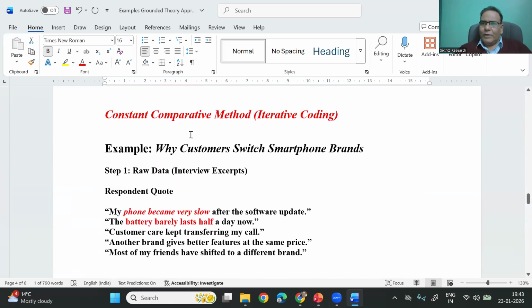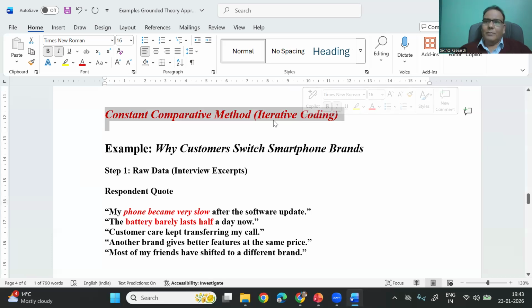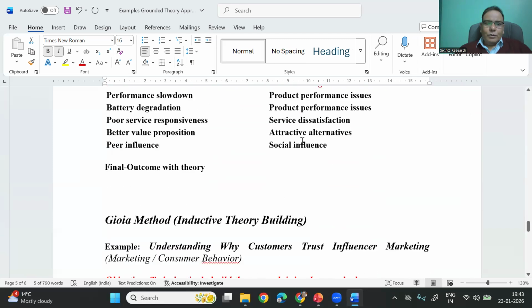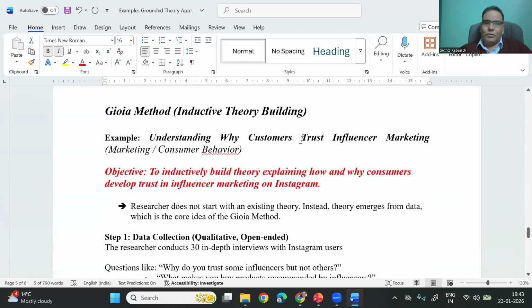So this is not a very different kind of method. Usually we do it, but if you are doing open coding, comparing, merging, then this approach is also known as constant comparing method. And this is not different from the previous one. This could be a part of any other approach. So finally, the last approach